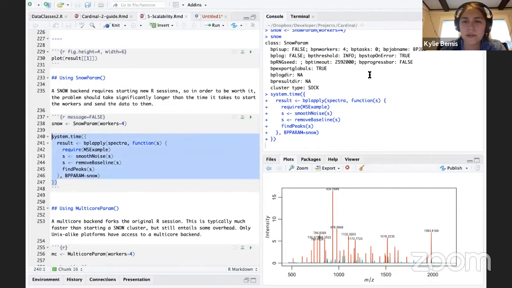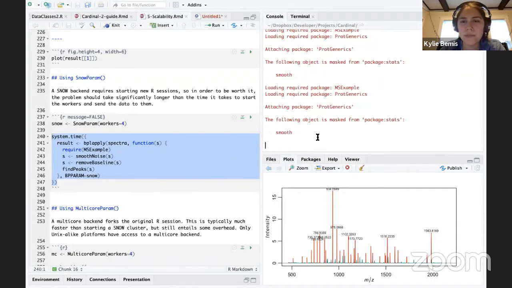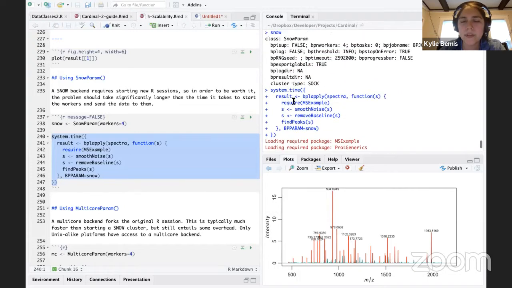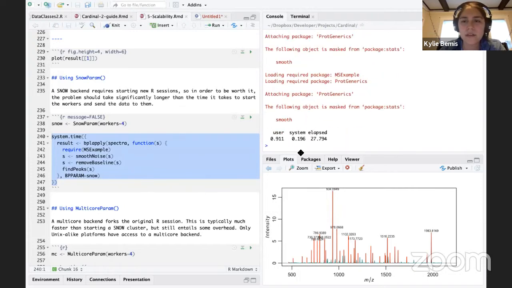So here, let me see how long this takes. Snow backends have a good amount of overhead associated with them because they have to start those additional R sessions. One thing to keep in mind is that sometimes, because the communication between these R sessions is based on socket connections, depending on the network settings of your computer, that is sometimes a source of bugs